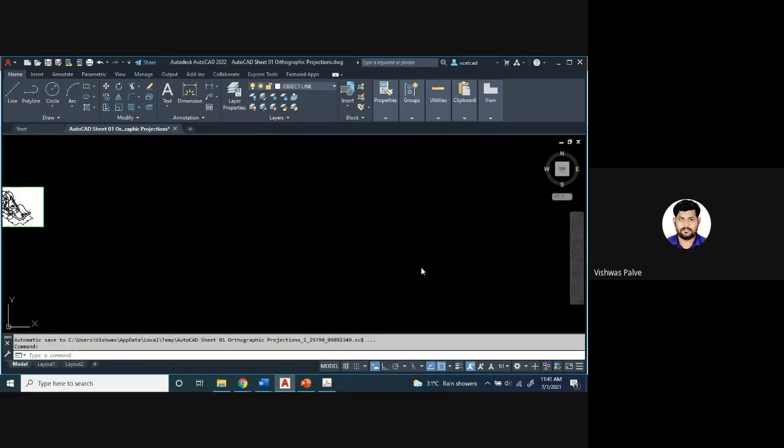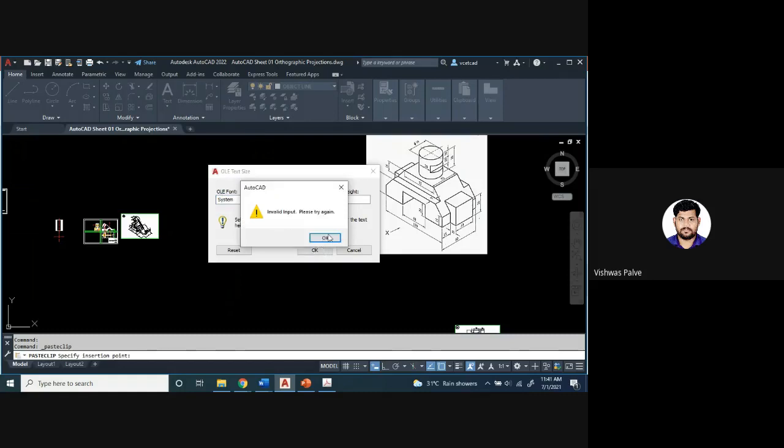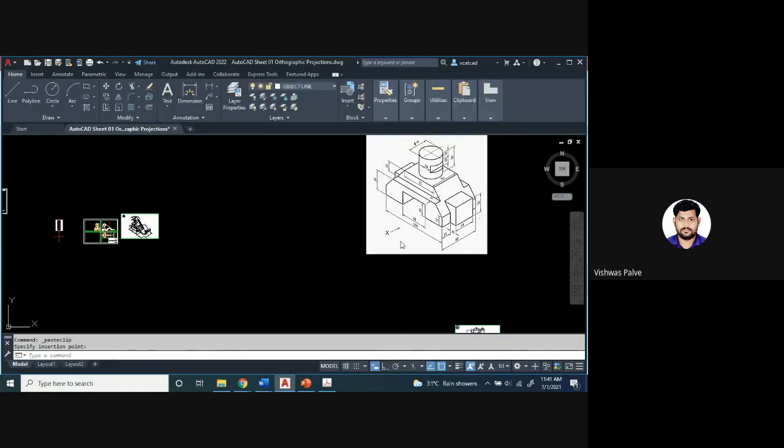Yes, has anyone completed that problem first? Front view, has anyone completed the front view?